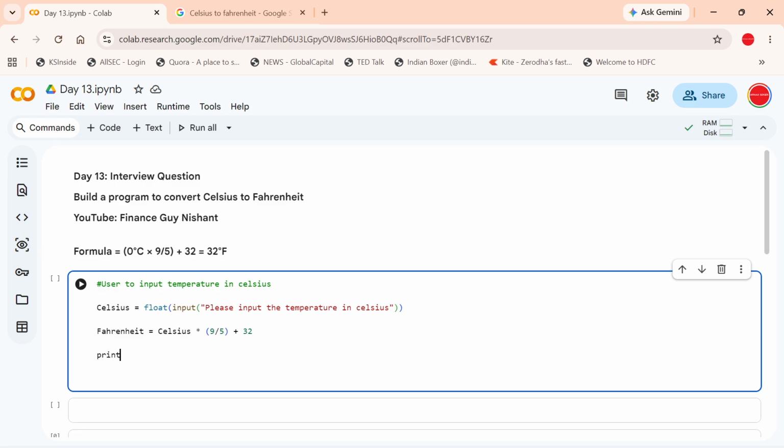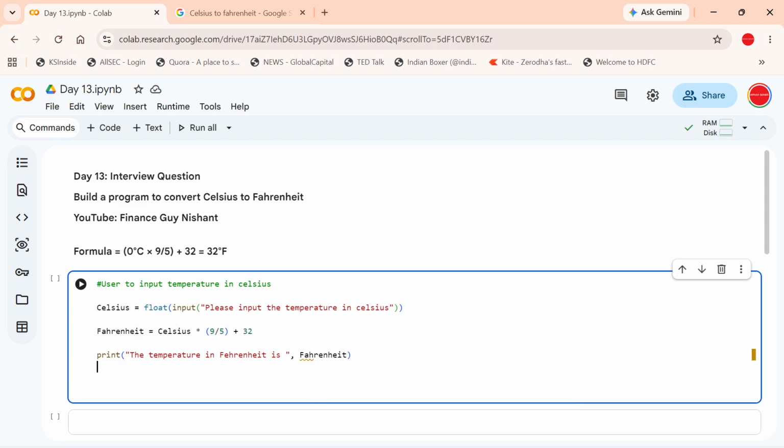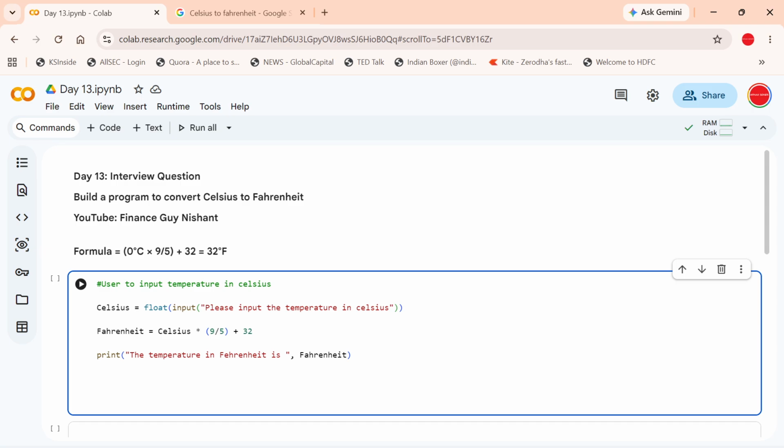I also want to print it, right, and you can say the temperature in, sorry, Fahrenheit is, and then you can say Fahrenheit here, right? Oh, my bad. Right, and hit enter. So now if you run it, the program will ask you to input